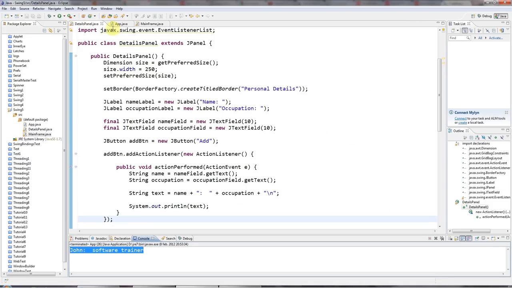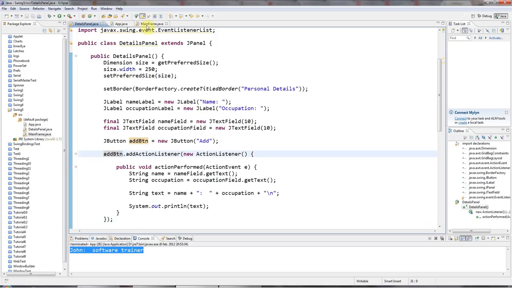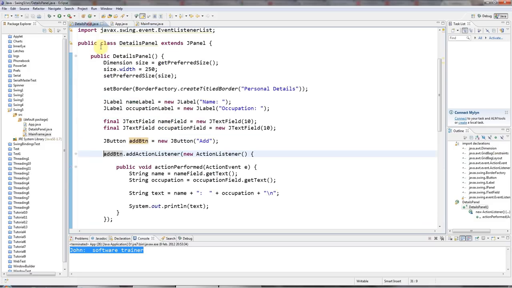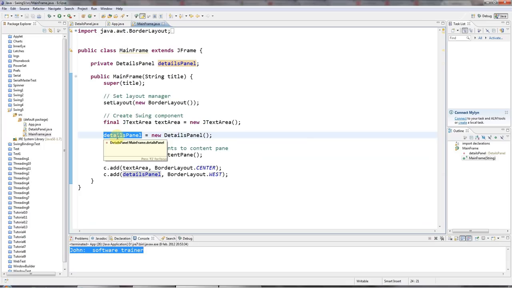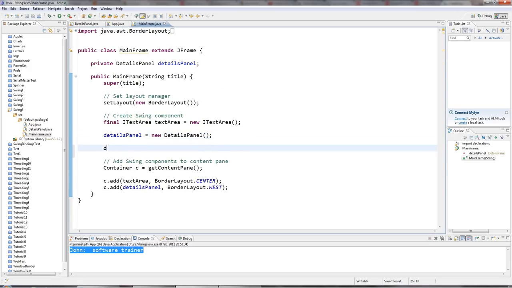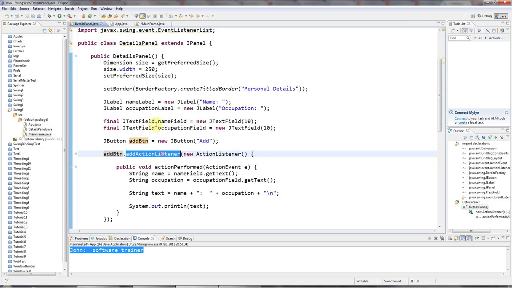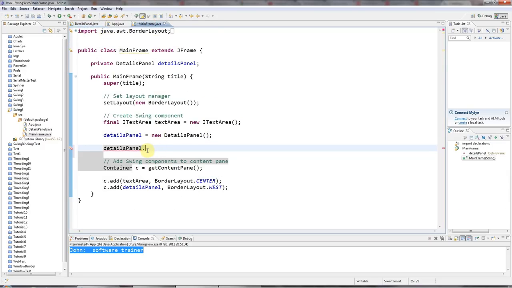But I want it to come out in that text panel on the left, and what I want is in my main frame here, in the same way that I've added an action listener to the add button here, I want to be able to add a sort of listener to the details panel that can respond to events that happen in the details panel. And so let's imagine that is possible. I would type something like detailsPanel dot, and here I've got addActionListener. So here I'd have something like, let's say, addDetailListener,